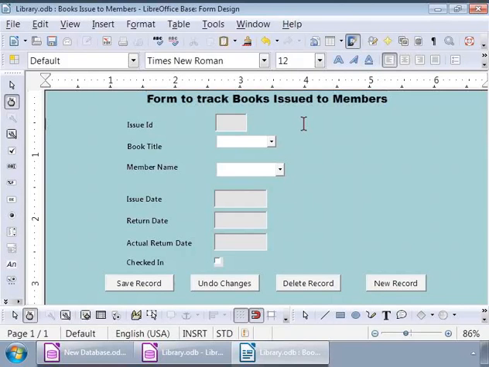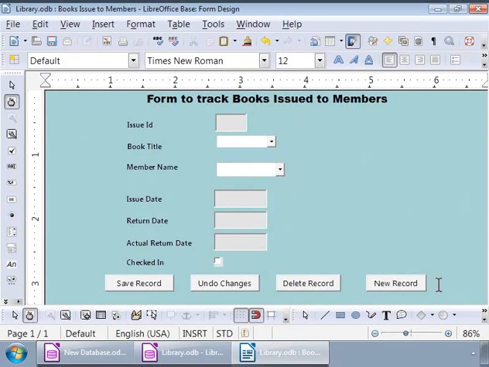Now, Base automatically sets the tab order of the form controls from top to bottom in a form. But since we removed a couple of text boxes and added 2 new list boxes and 4 buttons, we may have mixed up the tab order. So we will set it right now.